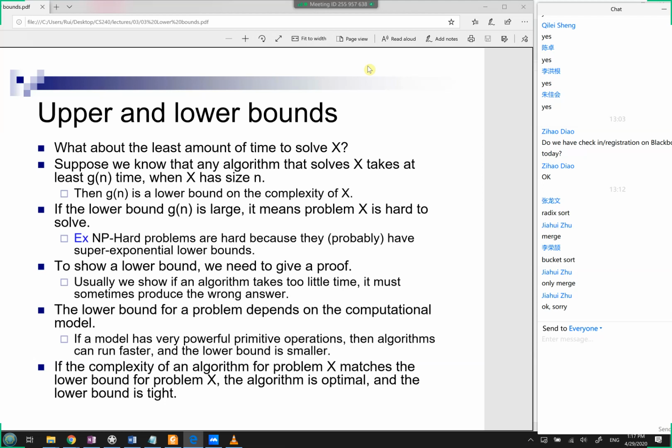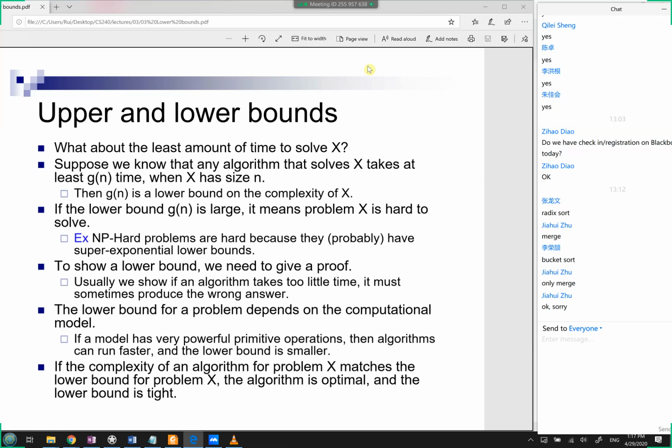And also, some of these lower bounds are only worst case lower bounds. What they show is that if you want to solve this problem, then no matter what algorithm you use, there is some input for that problem where you have to take a lot of time. It doesn't show that for every input you need to take a lot of time. You can also prove other types of lower bounds.